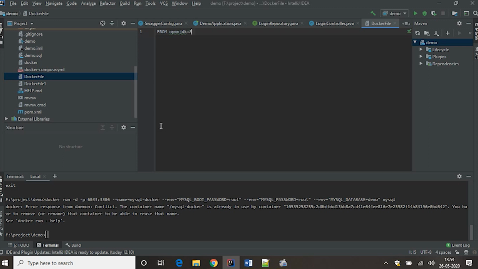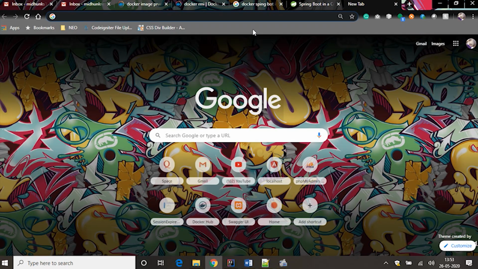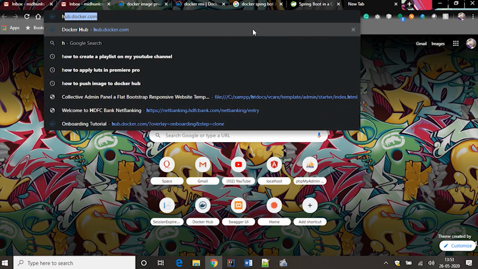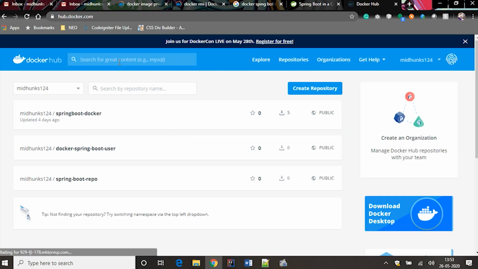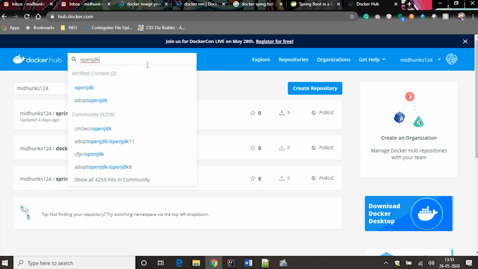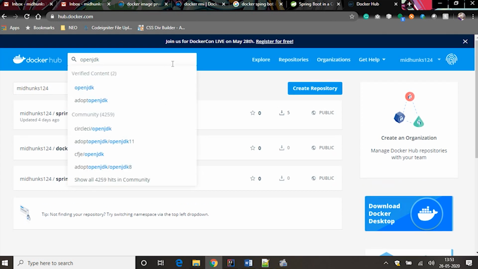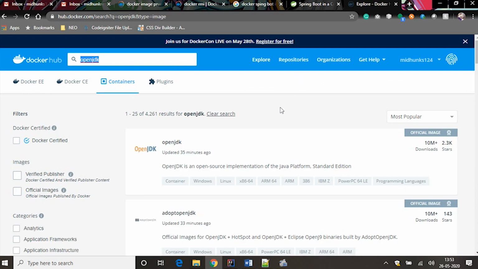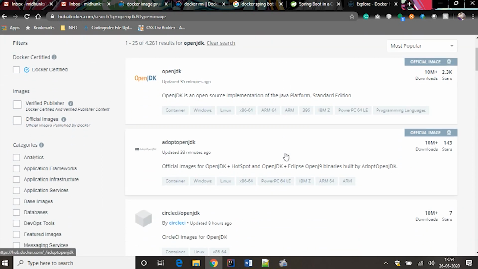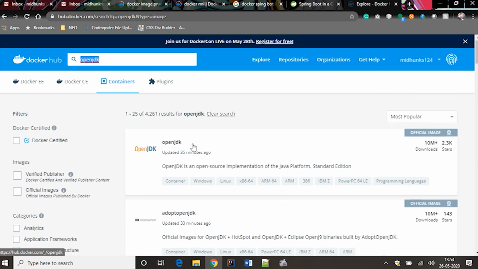If you want to check other versions or other repositories from which OpenJDK can be downloaded, you can simply visit hub.docker.com and search for OpenJDK. You can see a lot of search results are coming. The first one is the official Docker image, so we will be using that to run the Spring Boot application. Coming back to the file,